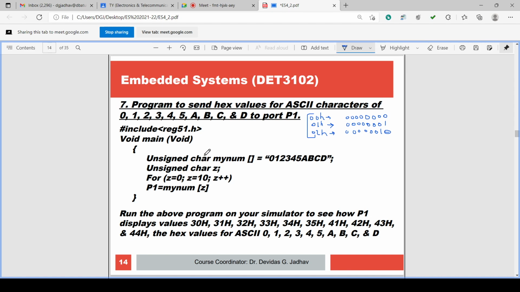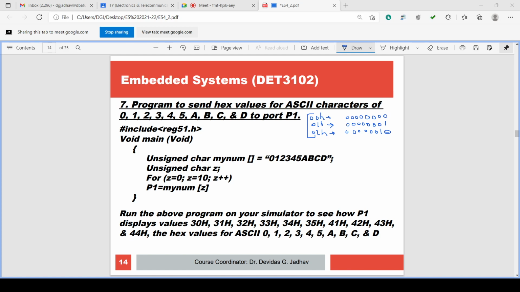You must have studied in digital techniques. ASCII stands for American Standard Code for Information Interchange. Isn't it?